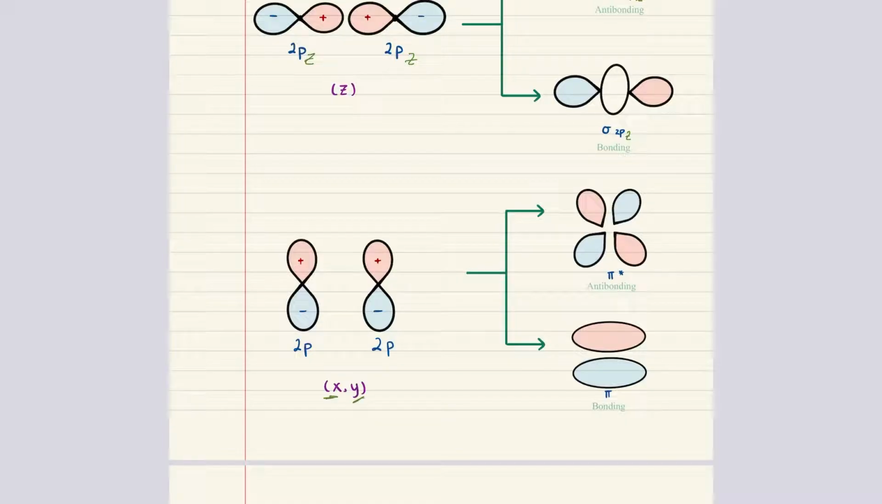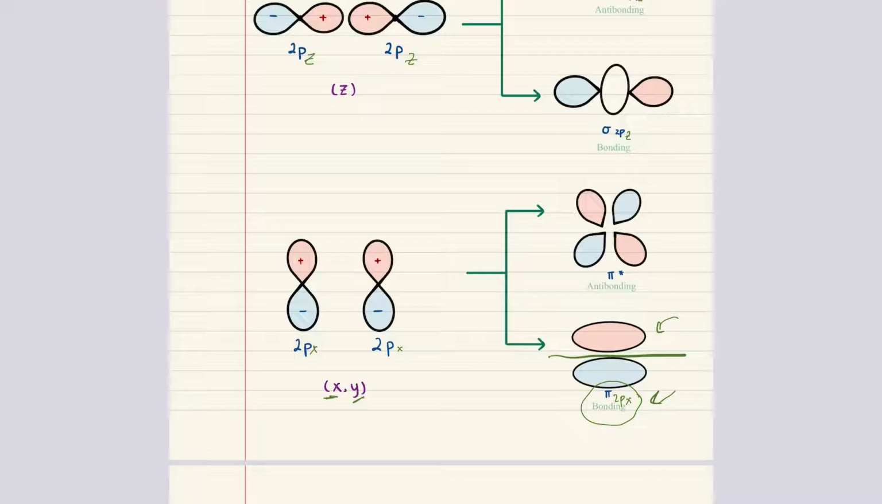Unlike 2pz, which aligns along the internuclear axis, these orbitals are aligned or oriented perpendicular to the bond axis, meaning they cannot overlap head-on. Instead, they overlap sideways, leading to the formation of pi molecular orbitals. Let's consider first having 2px orbitals. The in-phase combination is going to result in a pi 2px bonding orbital, where electron density is found right above and right below the plane of the nuclei rather than